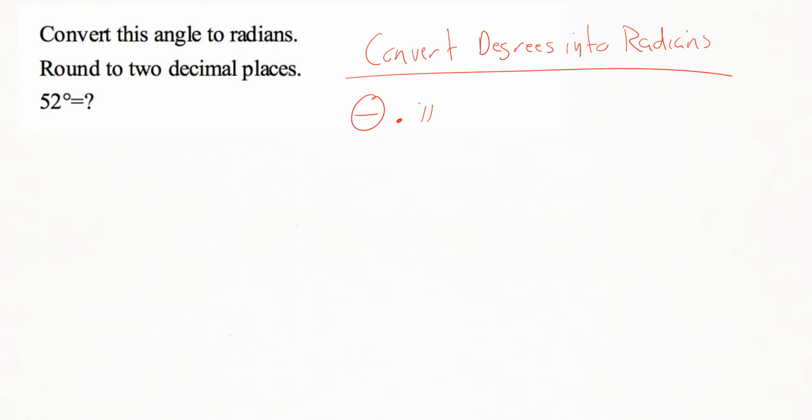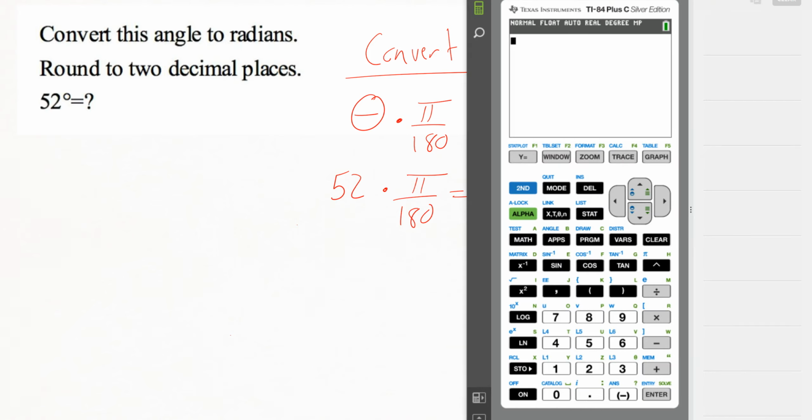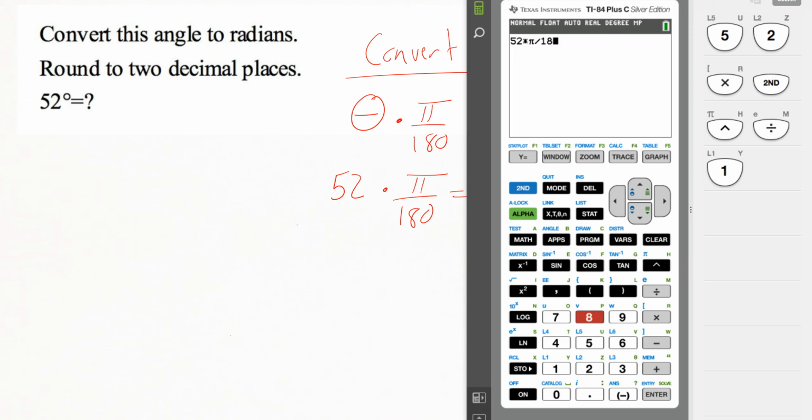and just multiply it by pi over 180. So our theta, our angle in this problem is 52, and so we just want to multiply that by pi over 180, shove that into our calculator, and we'll be done. So pull up your calculator and just type in 52 times and then pi divided by 180 and hit enter. And so out of there, we'll get that our answer is